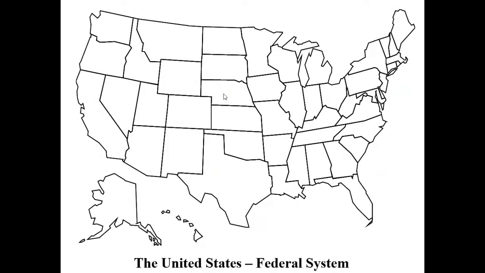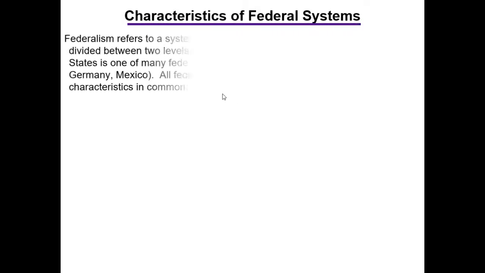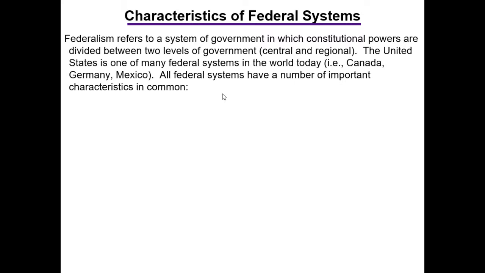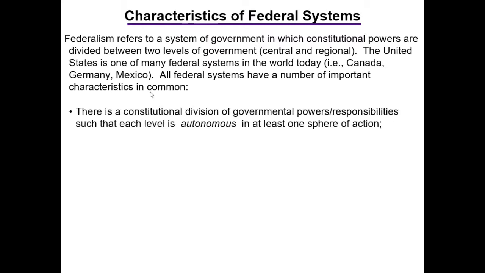Obviously, the United States of America, our country, is a federal system as well. Okay? All federal systems have a number of characteristics in common. There are several characteristics that are true of all federal systems. So I'm going to run through these here. I want to run through these as quickly as possible, but I don't want to suggest to you that if you have questions, not to ask. Okay? I mean, if you have questions, please interject them. Okay? But let's just run. There's several bullet points here that I want to run through. Okay? So all federal systems have a number of things in common.